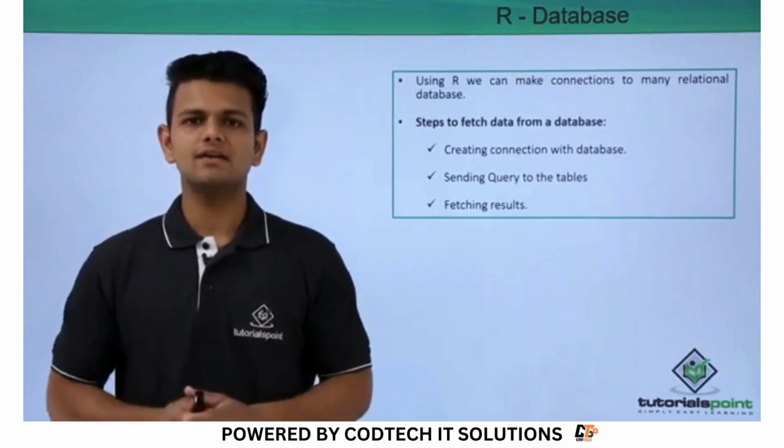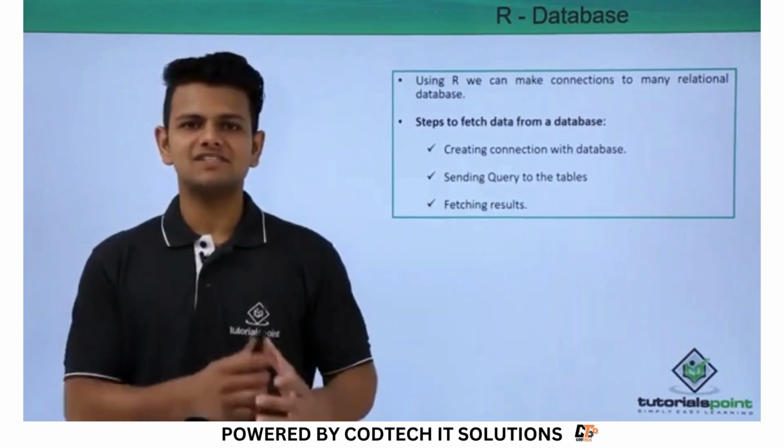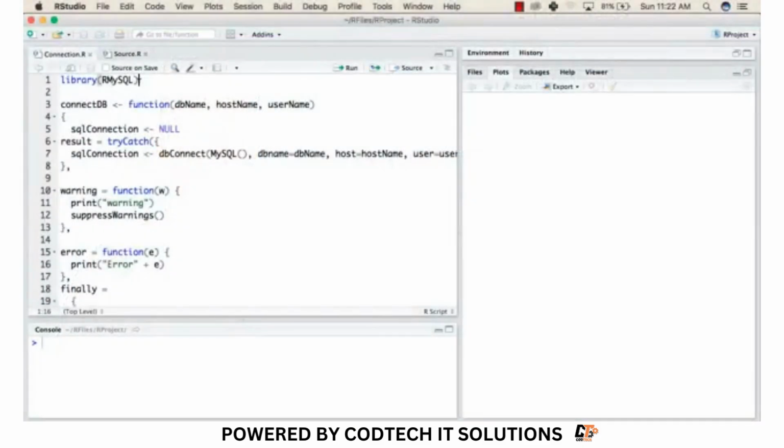Now, we'll practically see how we can perform all these steps in R language and fetch data to perform some operation on that. To fetch some data from our local database using MySQL, we can use our MySQL library. To do this, first you will need to install the library, but as I have already installed this, I'm directly calling this in our working environment. After this,